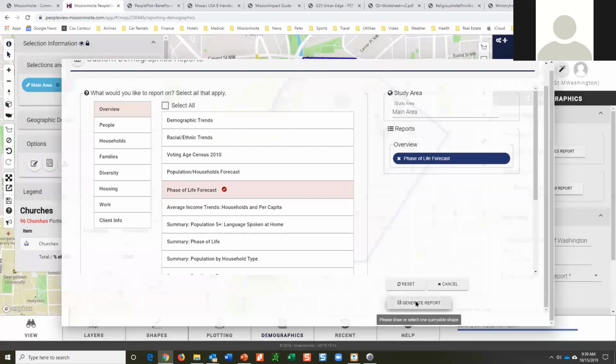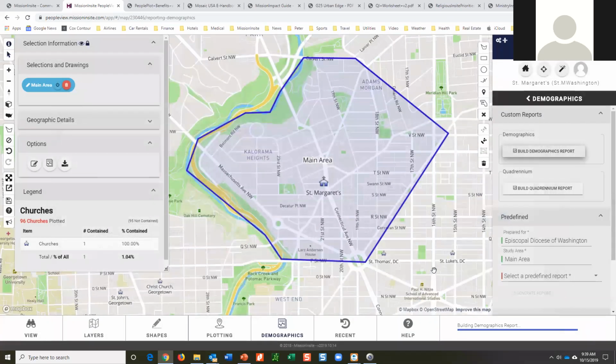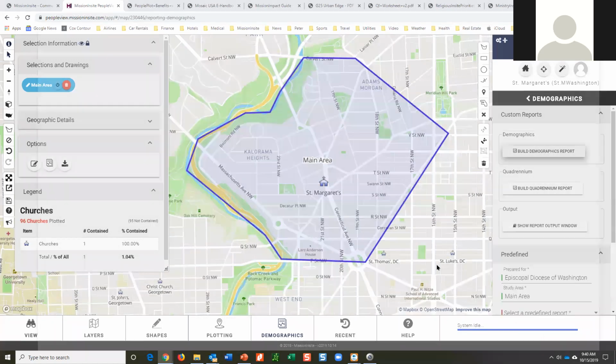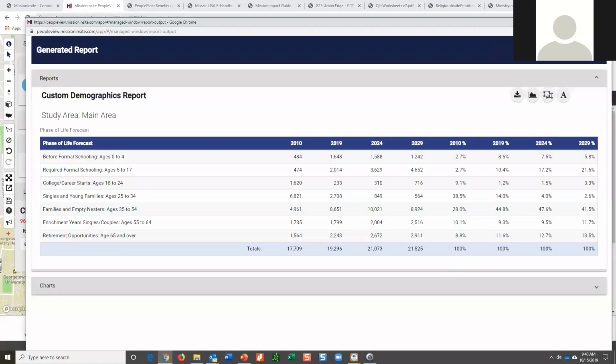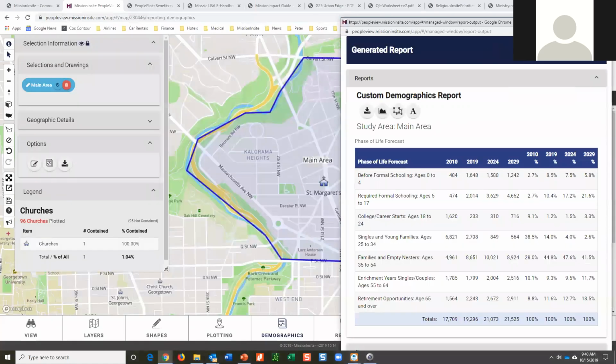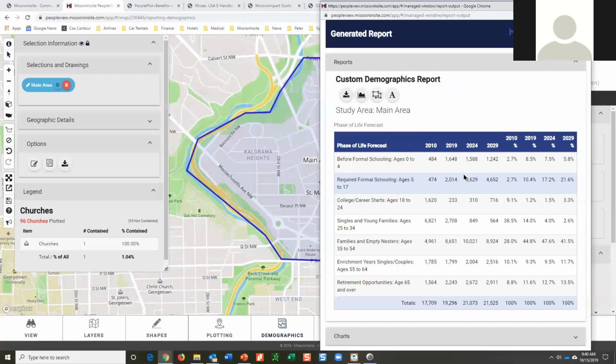It says generate report. And so this is the kind of thing that makes sense to do in a meeting. When someone's asked a question, you want to answer it and say, okay, what is true? Well, now looking at that area, we have over 1,600 0 to 4-year-olds and 2,000 school-age children.